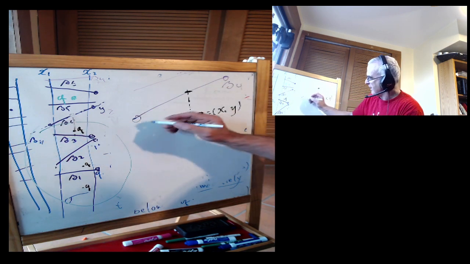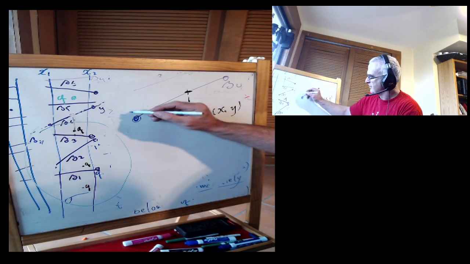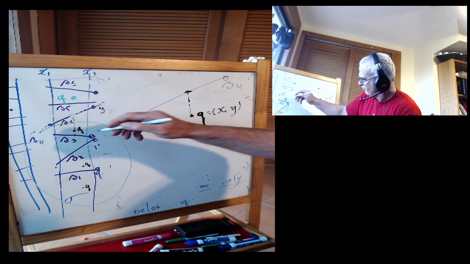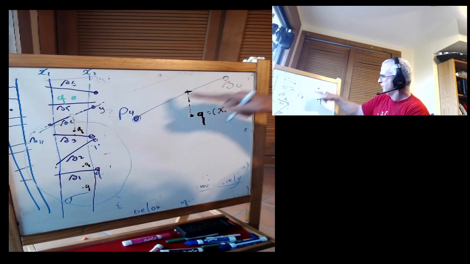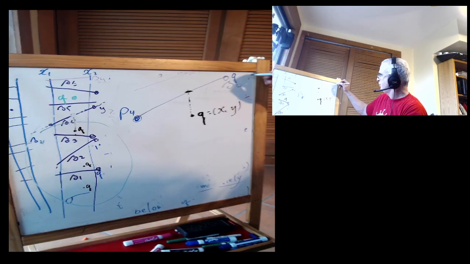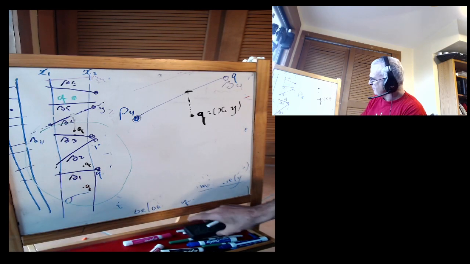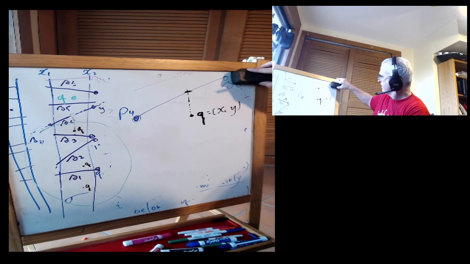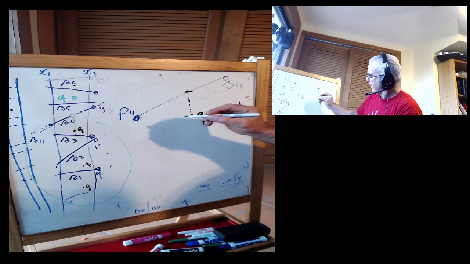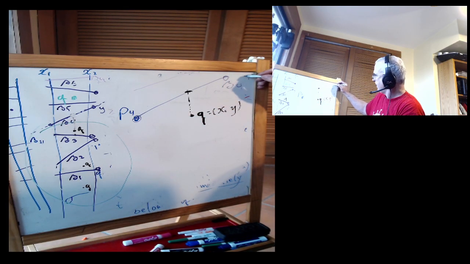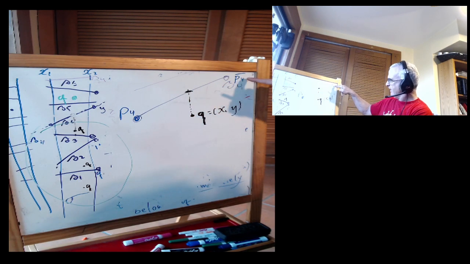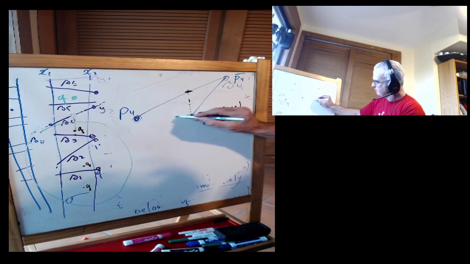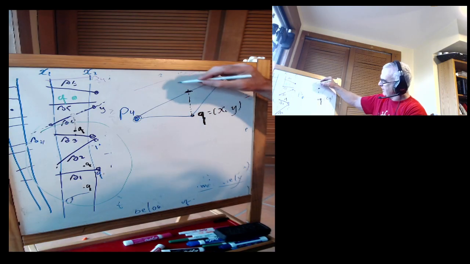If I'm going from the left point of the segment, let's call it P4 because I'm in segment S4, let's go from P4 to, Q is a bad word because we used Q for query, so let's go from P4 to P4 bar. So if I'm going from P4 to P4 bar and then to Q, am I going